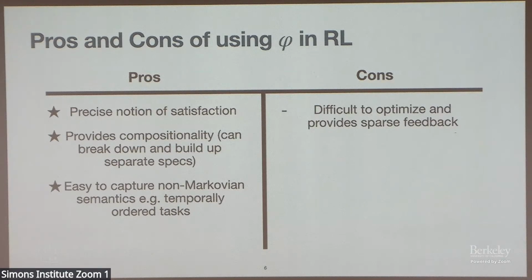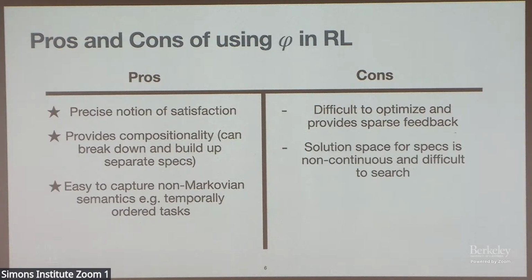Of course, there are a number of cons. We're not all using formal specifications to train our reinforcement learning agents these days. The foremost con, at least in my eyes, is that they are difficult to optimize. These specifications were not designed to be learning objectives in deep reinforcement learning. So there's a gap between having a representation of it and turning that into a learnable signal, something that can give feedback to an agent, that I can use to train or learn a policy.